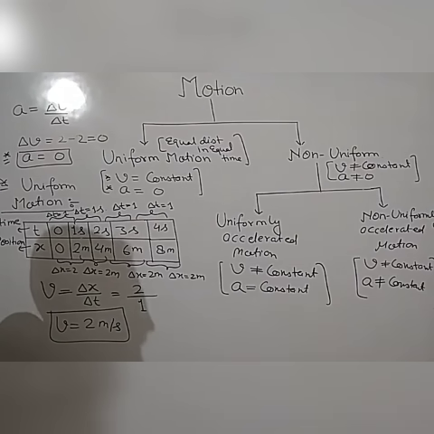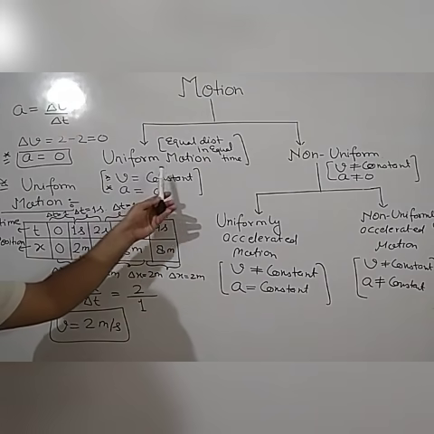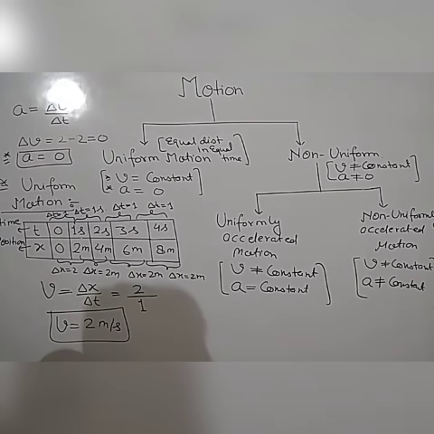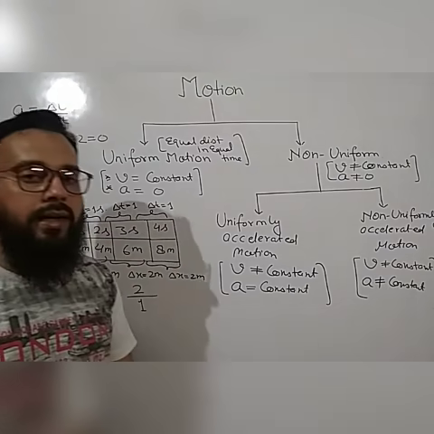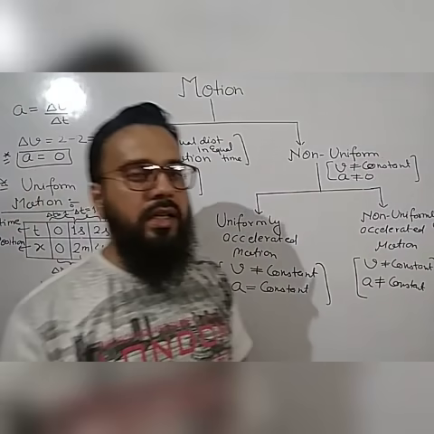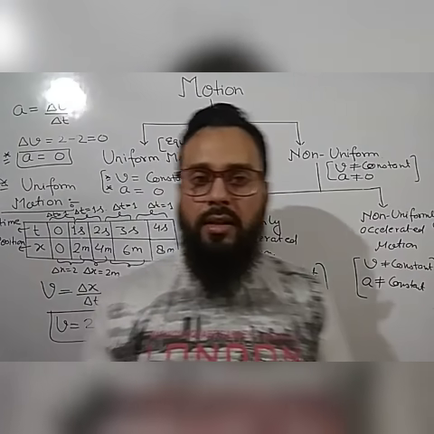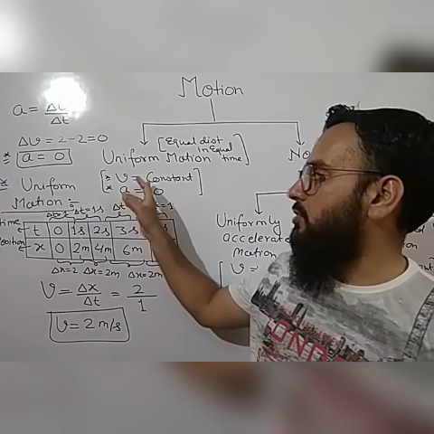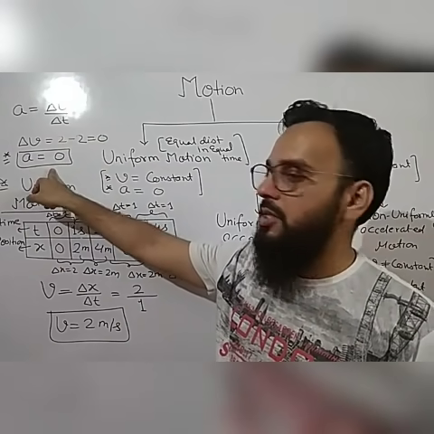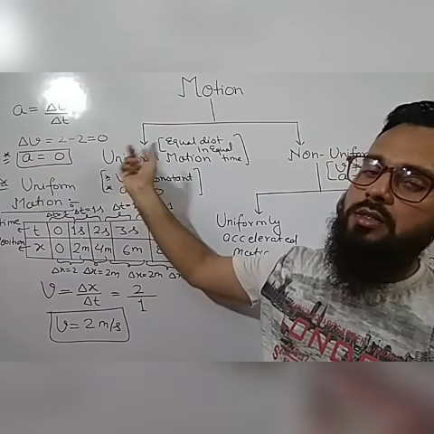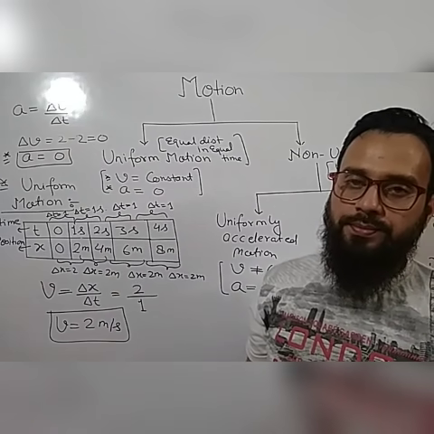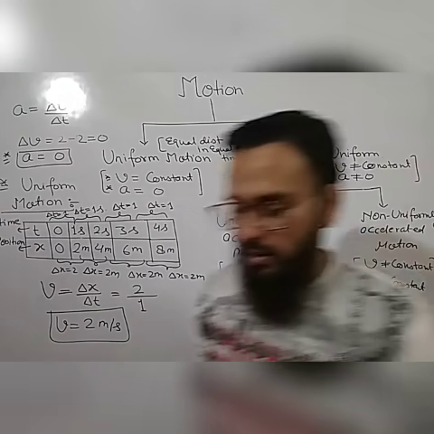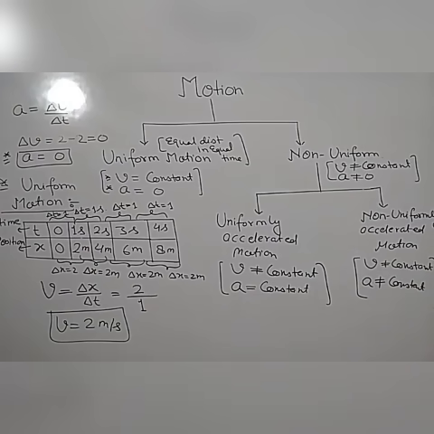Okay. So now it is clear what is uniform motion. If a body moves in such a way that it covers equal distance in equal interval of time, then the velocity remains constant and acceleration will be 0. Such a type of motion is known as uniform motion. Okay, so note it down. Why the velocity is constant, why the acceleration is 0. Just note down this example also so that you may remember this.